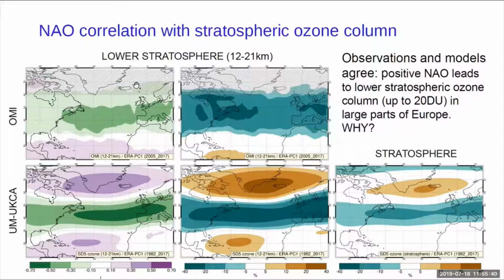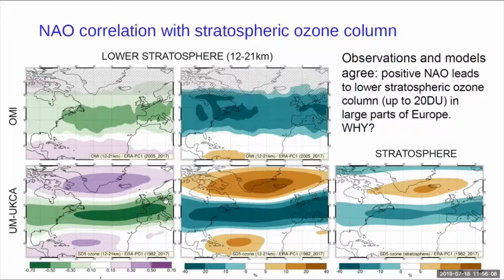This shows correlation to the NAO, and this shows percentage difference, so the impact of the correlation on this lower stratospheric ozone. These show the lower stratosphere between 12 and 21 kilometers, and these gray areas at the north end of the domain are points for which there are very few observations, so we don't really know what's happening there from the observation. If we look at our models sampled in the same vertical slice, so between 12 and 21 kilometers, we